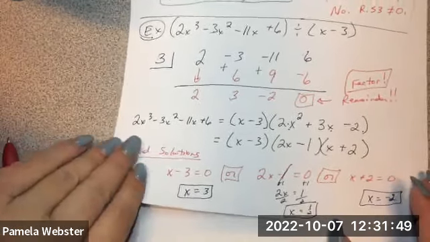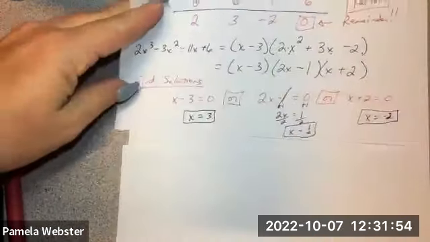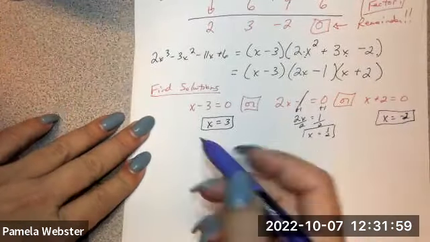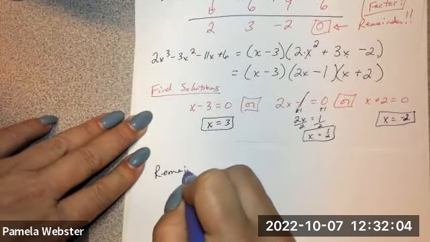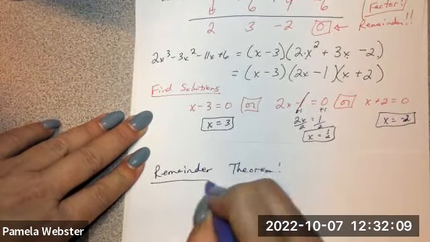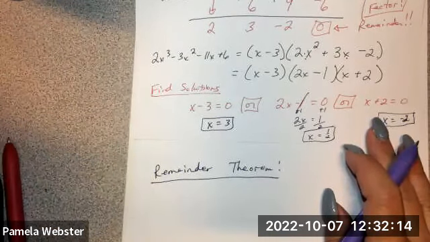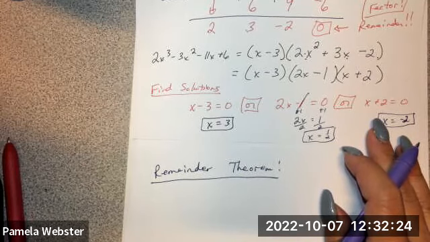The one last thing that I want you to know about this section, before we start doing other stuff with all of this later, is that we have something that's called the remainder theorem. Remainder theorem. Okay. And what that remainder theorem says is, if you are doing your synthetic division or your long division, whichever way you want to do it, and you come down to it and you find that you have a remainder,